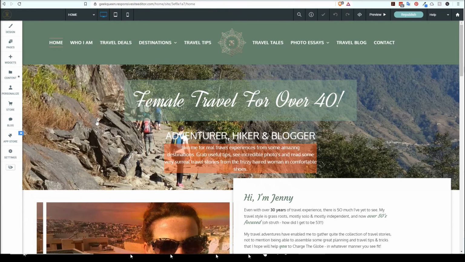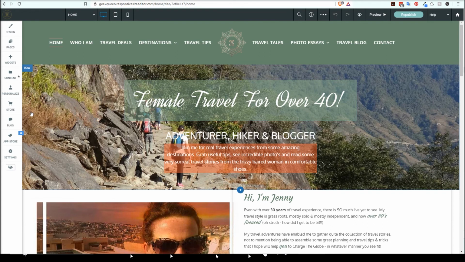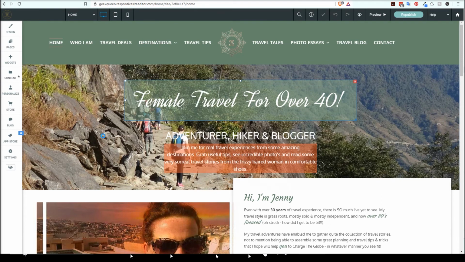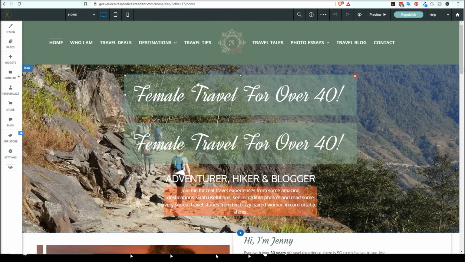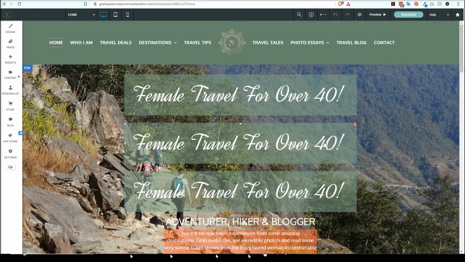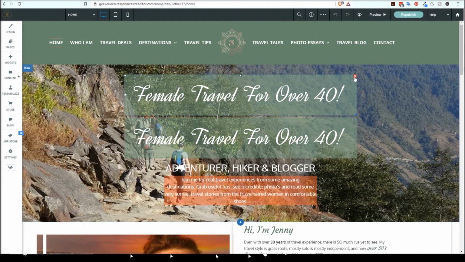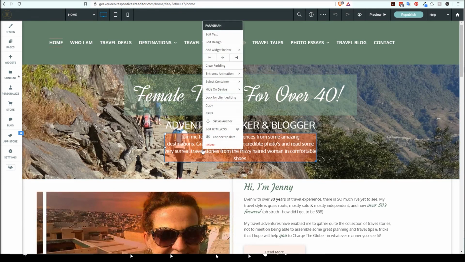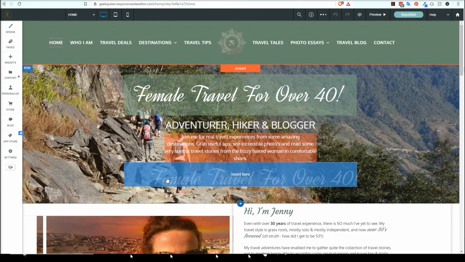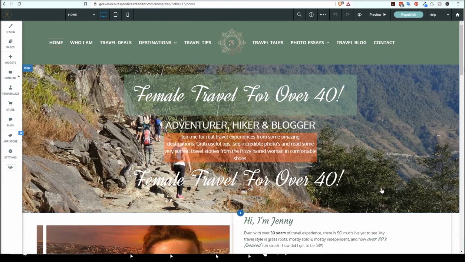So if I copy it, for example, now that I want to paste it, I have to, just say I'm using this one again, I hover, I right click and I go paste. Paste is always going to put whatever you're pasting above what you're pasting it on. So if I do it on this one, paste, it's going to go above there again. You can see, so I'm just going to get rid of these extra ones. If I did it here, it's going to go above. It always puts it above it, and all you would have to do is drag it down if you wanted it at the bottom. Okay,